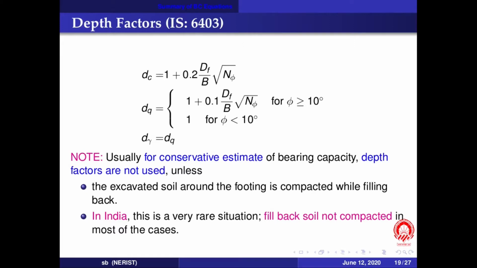And since in India we do not compact the filled back soil after the foundation construction, therefore usually it is safer not to use these depth factors. Alright,